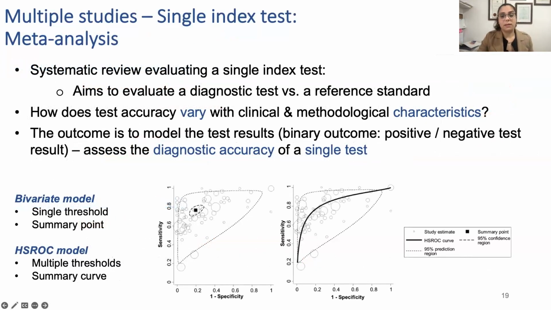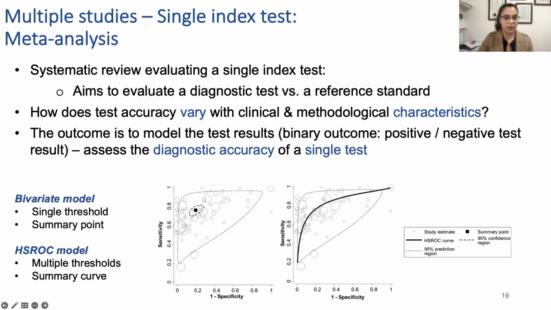And since currently these are the two models, there are several other models that Sofia also probably is going to touch base on, but these are the most popular hierarchical models that we apply in a DTA systematic review, and they both account for the within and between study variability, the heterogeneity, and the correlations between the diseased and non-diseased,